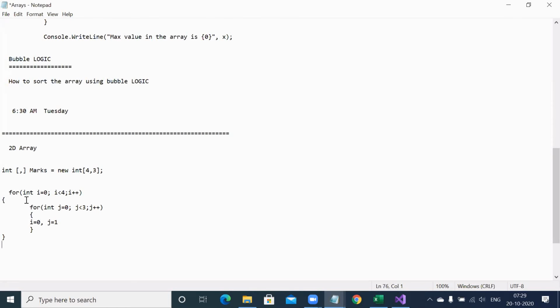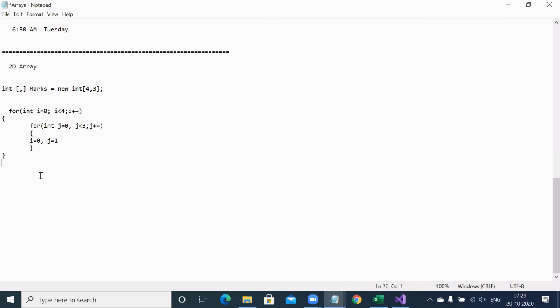This is the way it proceeded. All right, so this is for your understanding. Now come down and write the question as: accept a 3x3 array. What do you mean? 3 rows, 3 columns. Okay, you have to understand from the question like this: how many rows and how many columns.